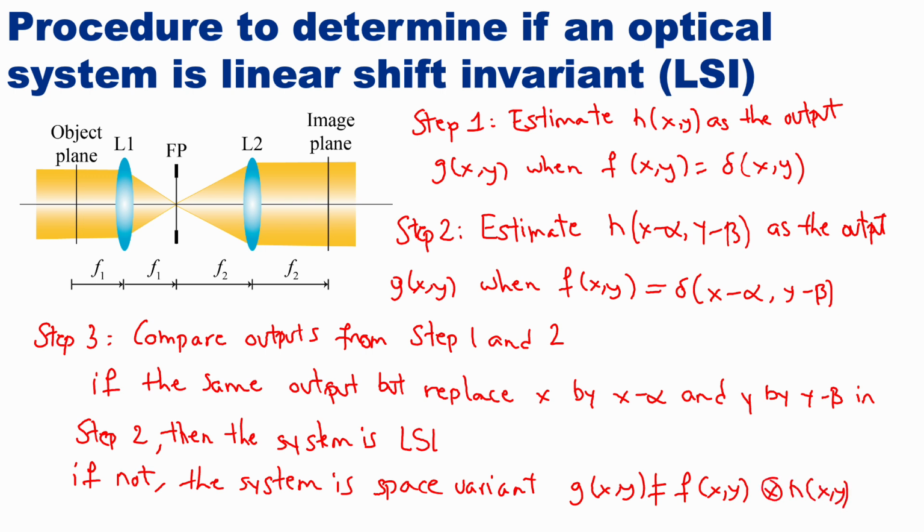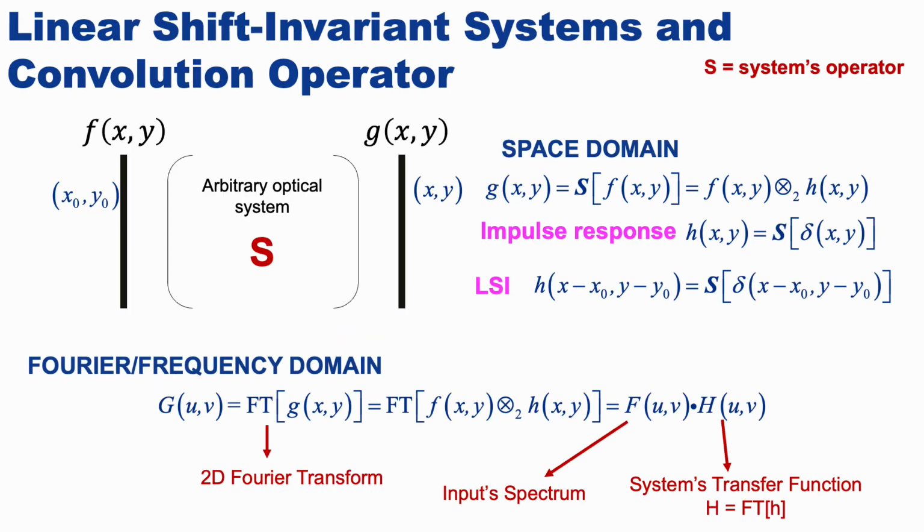I want you to see that when we do this procedure, step 1 is how we estimate your impulse response that you're going to use for the convolution, if the system is linear shift invariant. Alright, so